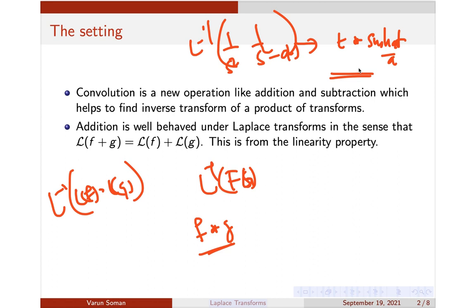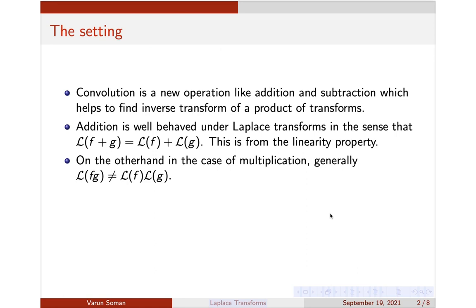Okay, so I hope the setting is clear. Here actually we were exploring problems in which we are discussing ways to find the inverse transform of product of transforms. Okay, so we are finding ways to find the inverse transform of product of two transforms. So that is where this idea of convolution will come into picture. Now let us introduce this convolution property, and then we'll use the idea of convolution to these inverse transform finding problems. Okay, so that's the idea here.